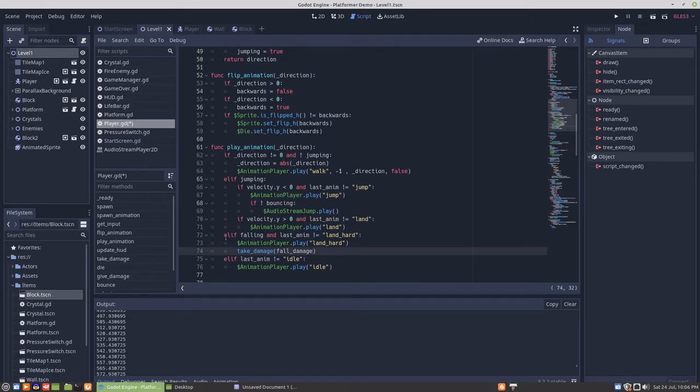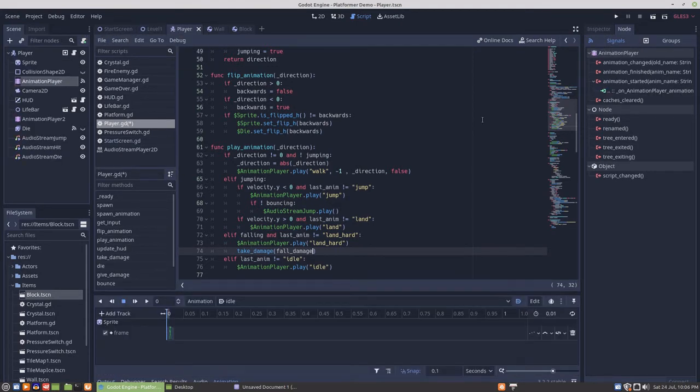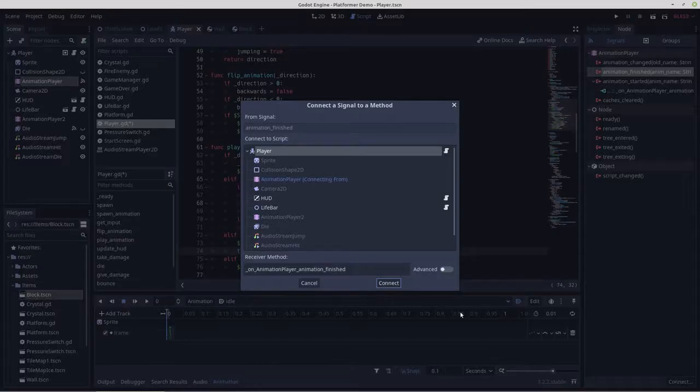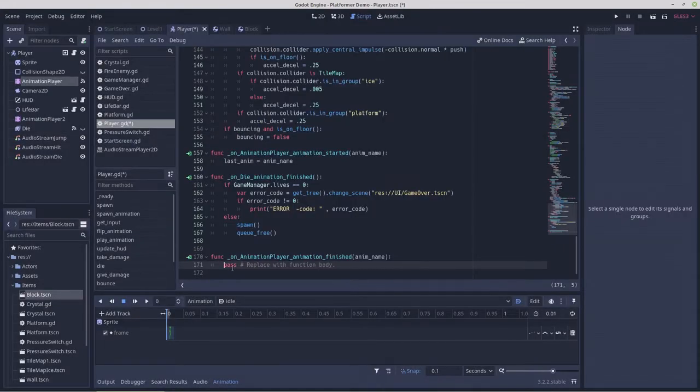Okay, so we need falling to enter a state that's false. So let's use a signal to do that from the animation player. We'll go animation finished and connect that. So on animation finished, if anim name equals land hard, falling equals false,